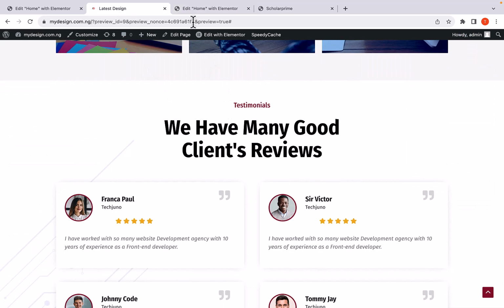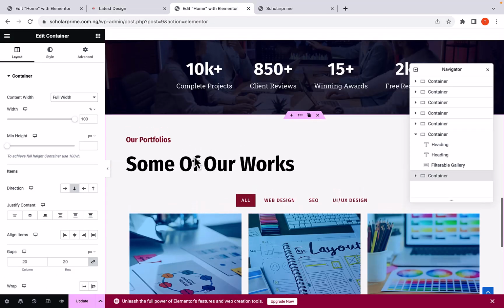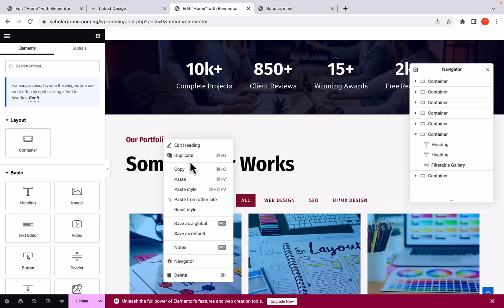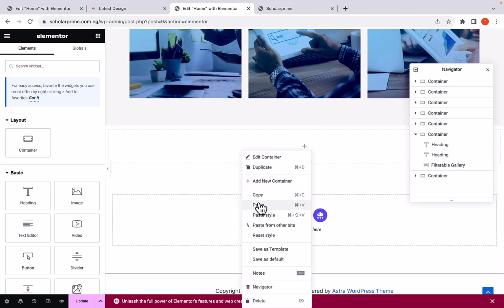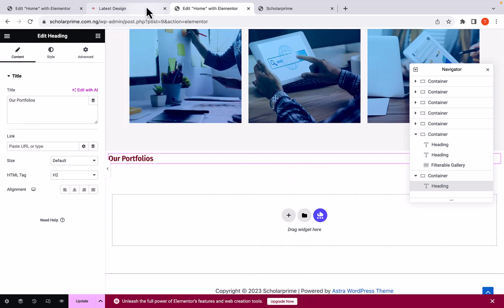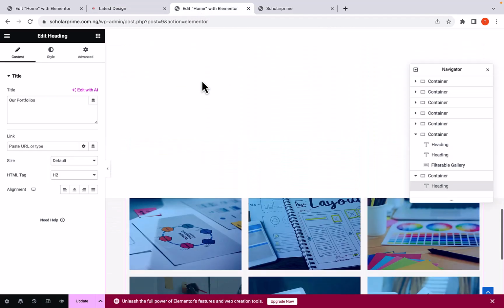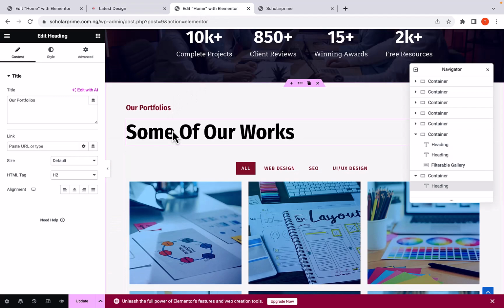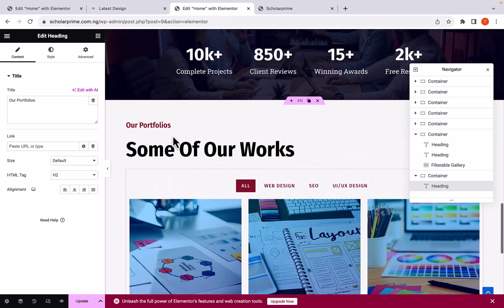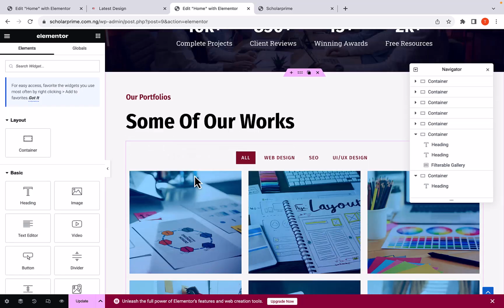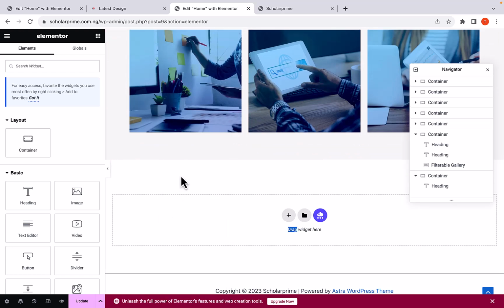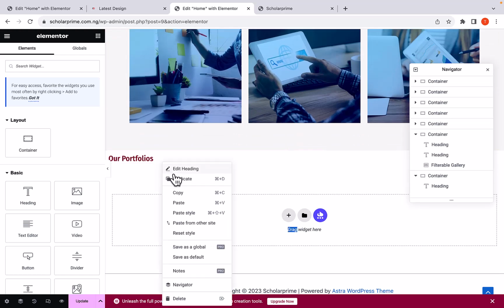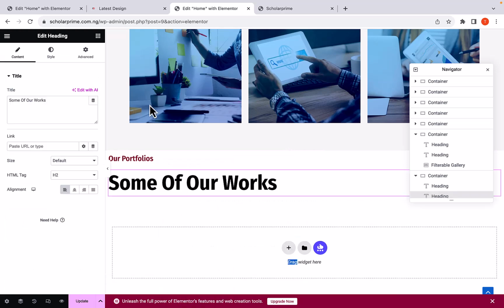Then I will just come over here and copy this. I'm just going to drop it here, paste it here. I will come over here. I will copy this one again. I will copy this. I'm going to paste it here. So just going to paste it here. Now we have